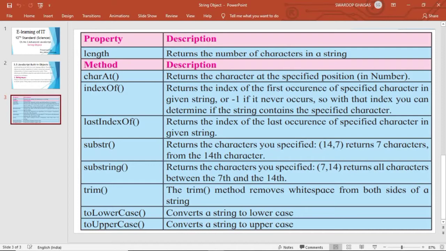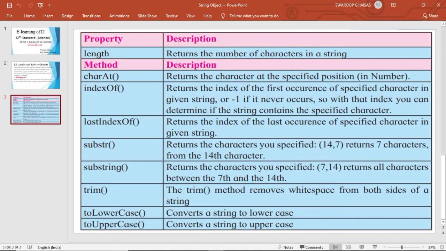Then there is the indexOf method. indexOf returns the index of the first occurrence of the specified character in a given string. That is, a given string can contain many characters and they may be repeated. But if you want the first occurrence of a specific character, you can use this method, indexOf. Within this we specify a character, suppose A, then it will return the first occurrence of A. But if A is not there in the string, it will return -1.